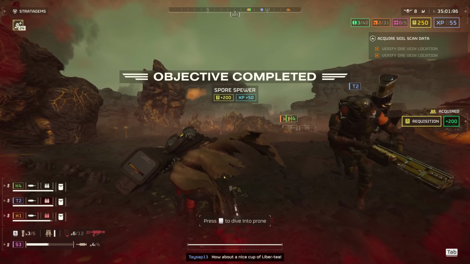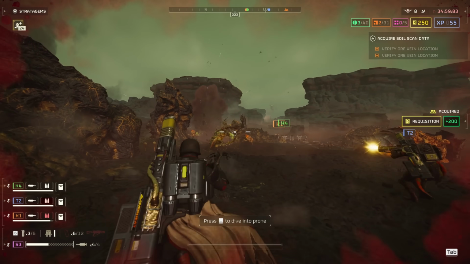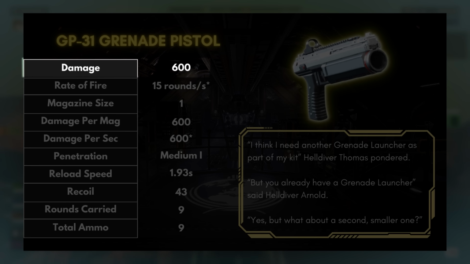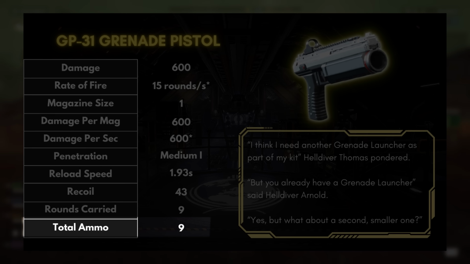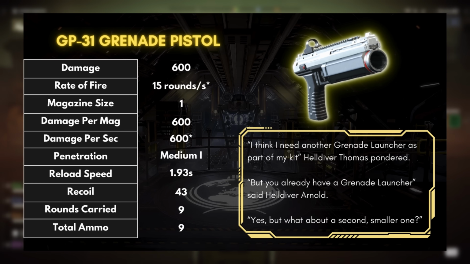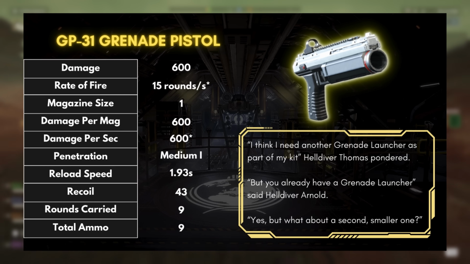Now that we've established the value of its utility, let's bring out its detailed profile to see what we're working with in terms of being an actual weapon. While it does have a hefty 600 explosive damage, the key stat to pay attention to is total ammo. The grenade pistol can only carry 9 rounds. So even though it does a lot of damage, you don't have the ammo to actively use it as an